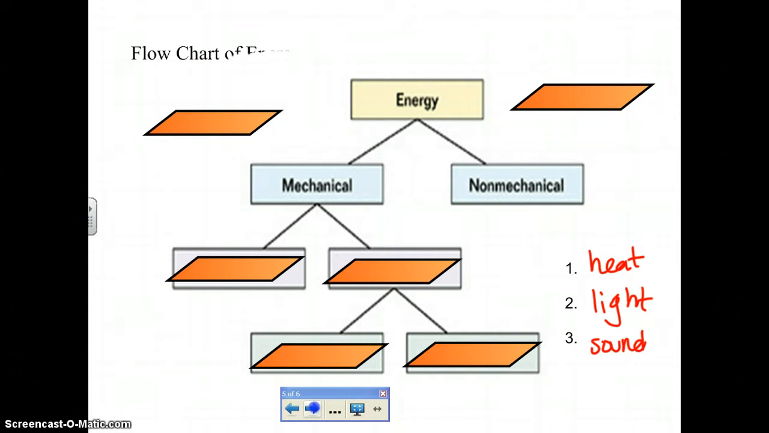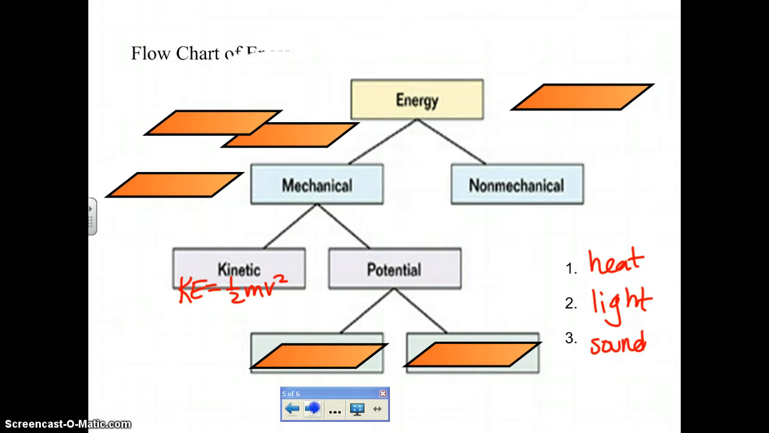There are two forms of mechanical energy, right? Kinetic and potential. So which one do you think is on the left-hand side here? Which one do you think is going to be right here because it has no other parts of the flow chart with it? That is going to be kinetic energy. And just to review here, your equation is 1/2 mv squared. Whereas this is going to be